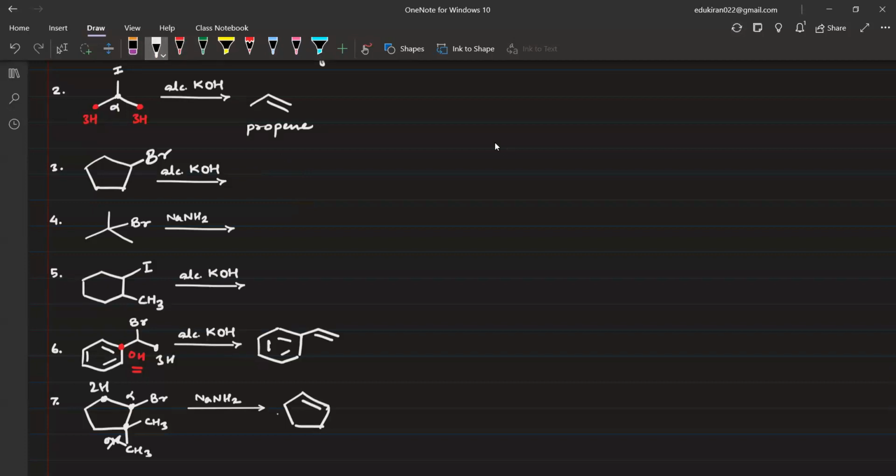Next, you have identified carbon, 3 hydrogen. That's fine. And alcoholic, and you don't have to write the number of hydrogens on the alpha carbon. See, did I write the number of hydrogens on the alpha carbon? No, sir. You don't have to write it. Okay, that's why you are getting confused. One hydrogen you made a double bond there. Huh? Okay, so you understood the mistake, Hafsa? Yes, sir. Okay, so because you wrote here 1 hydrogen and then you made a double bond like this, right? Because it was having 1 hydrogen. Correct? Yes, sir. Okay, so that's only happening because you're writing the number of hydrogens on alpha carbon. If you don't do that, make the